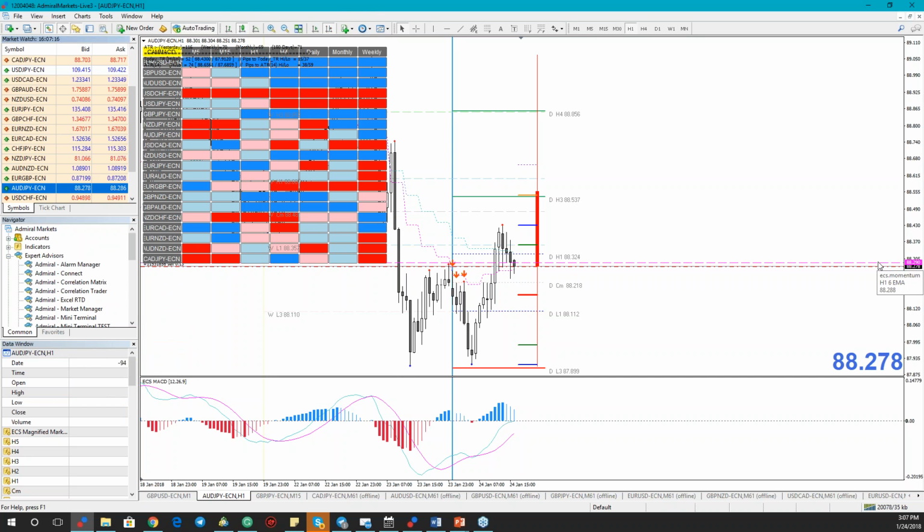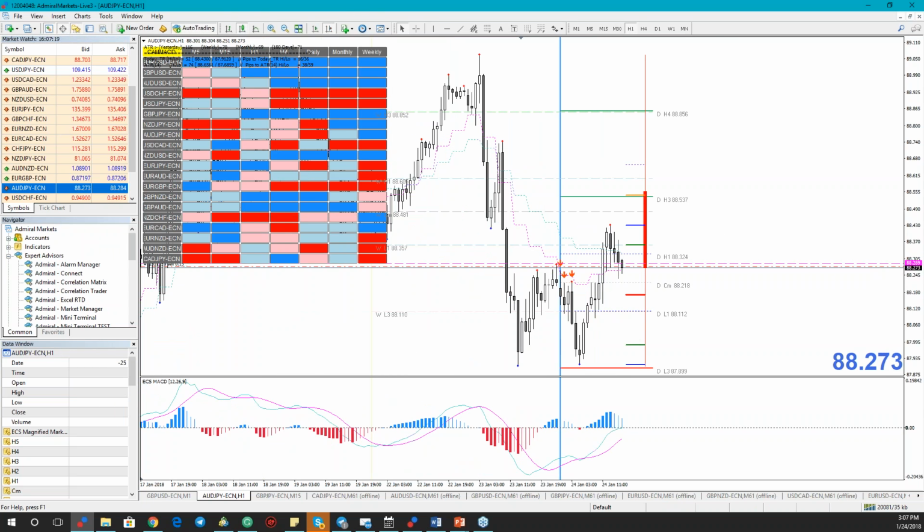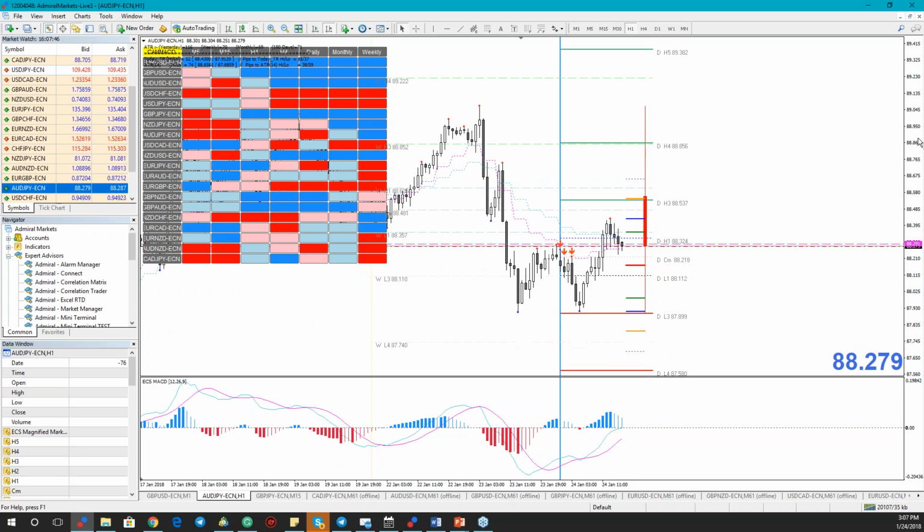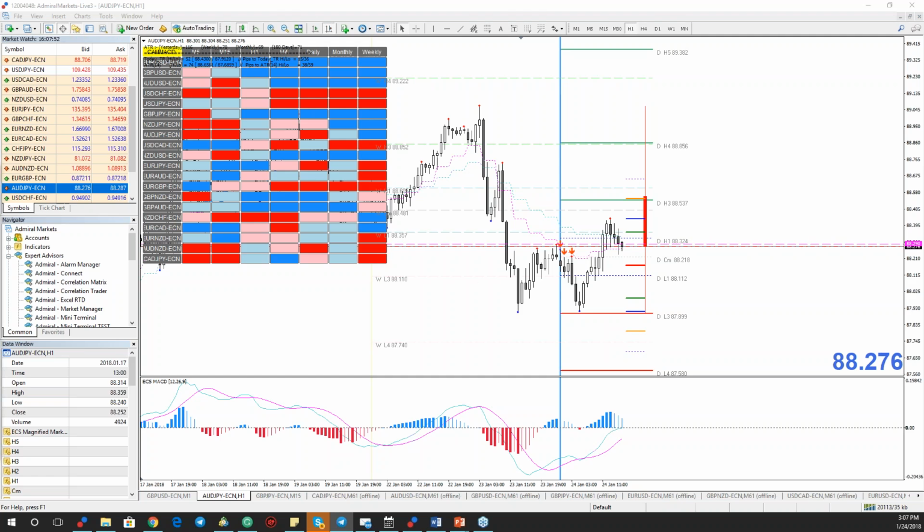Okay. I also am in a short trade here. But now, guys, I will put stop loss above daily H3. Okay, so for me, Australian dollar yen is a sell, 88.25 to 35. Stop loss is 88.60. And TP, I will try to get it lower. TP is 87.75. Okay. So this is it.